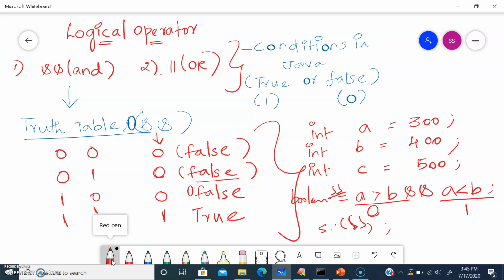So the AND operator in Java is used for checking two, four, or n number of conditions, but if any one condition is not satisfied, the AND operator returns false only. Let's see the OR operator.